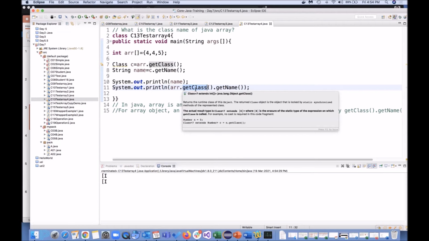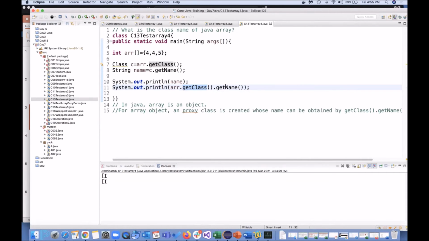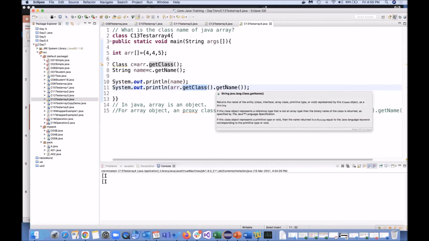If I put the mouse over, whenever you are getting confusion, always read all these things. It will help you. If I mouse over here, what this getName will do, it will return. So the Java documentation for predefined classes and predefined utility methods is given in detail.